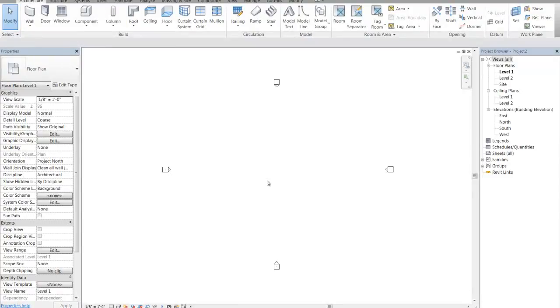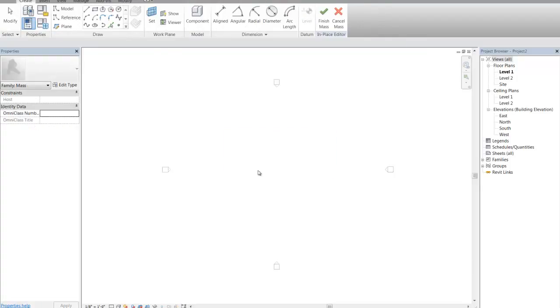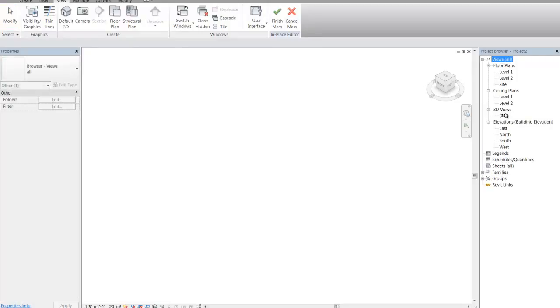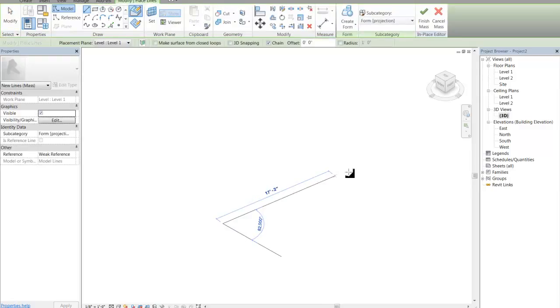To do is just quickly go back to some of the massing studies that we did and kind of build upon them. So I'm just going to run through them again just to help reinforce some of the things that we're doing. So I'm creating an in-place mass. I'm creating a new 3D view that I can work with, and I'm just going to come in and make something